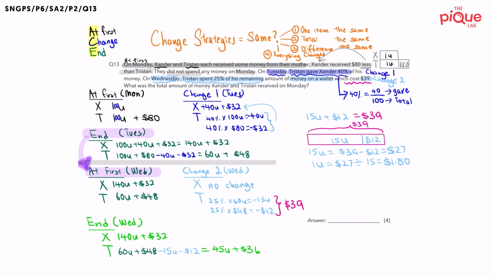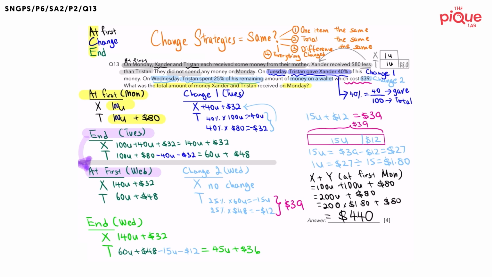Do not panic when you see a decimal here, since we are dealing with money. Always go back to the question to ensure we answer it correctly. The question asks, what was the total amount of money Xander and Tristan received on Monday? Thankfully, we label all our working, so it's easy for us to find the answer. From our first ACE setup, Monday at first, Xander had 100 units, whereas Tristan had 100 units plus $80. Adding them together, the total amount received is 200 units plus $80. Now, substituting 1 unit equals $1.80, we should arrive at a total amount of $440. To answer the question, the total amount Xander and Tristan received on Monday was